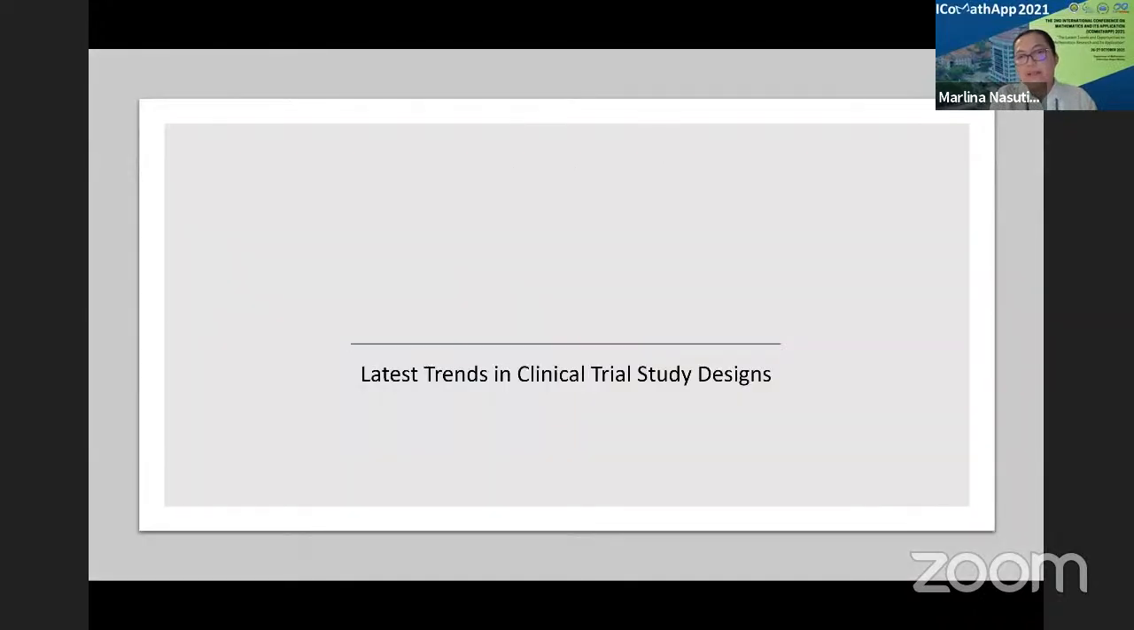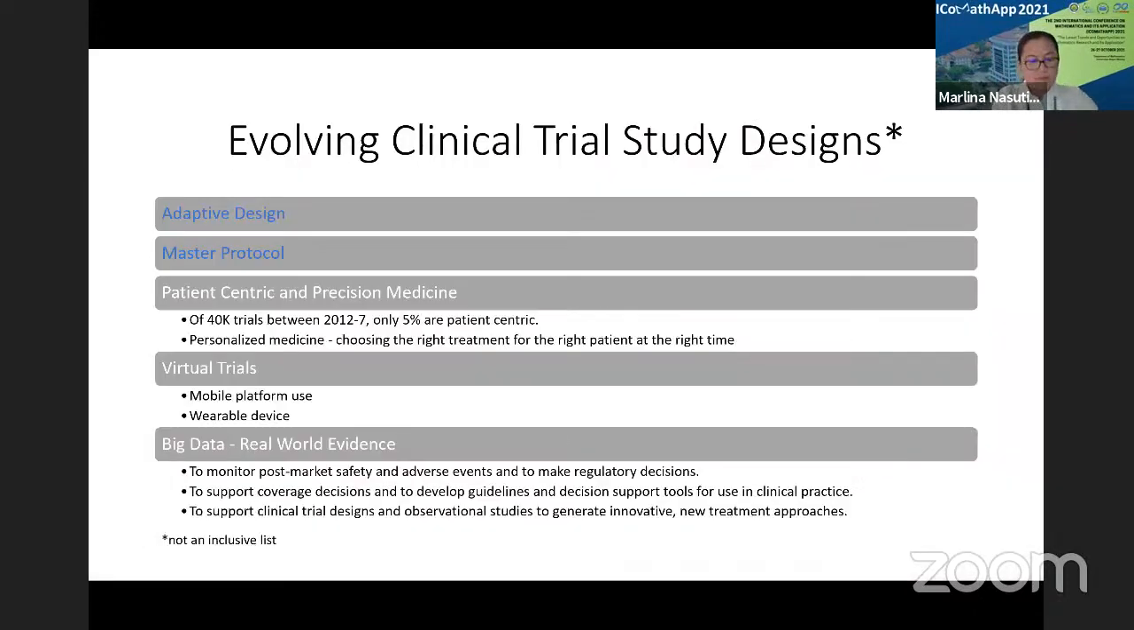Now, let's go now to the latest trends. I'm trying to stick with the time. So what I see here as interesting clinical trial study designs that are being evolved right now are listed here. It's not, of course, an inclusive list, but I'm only going to focus on the first two, adaptive design and master